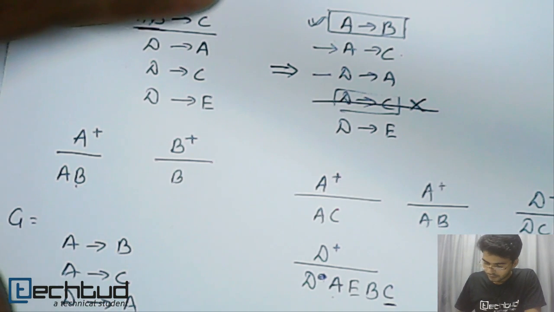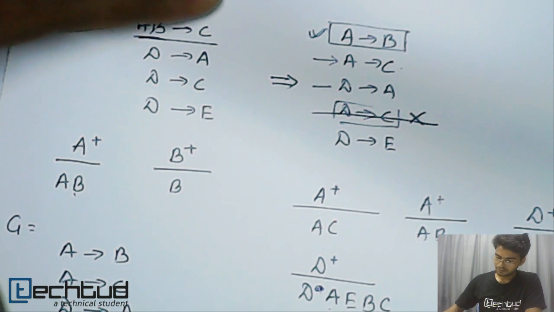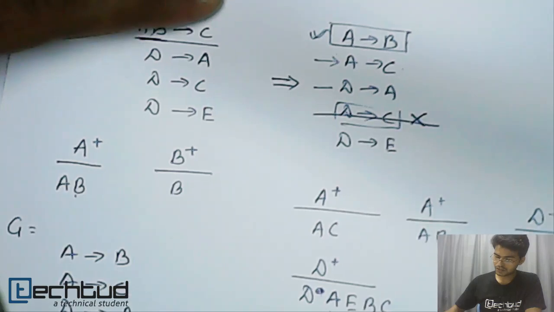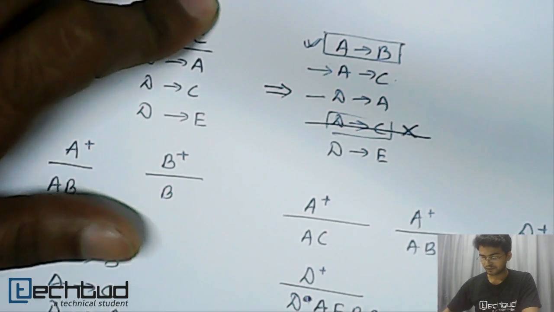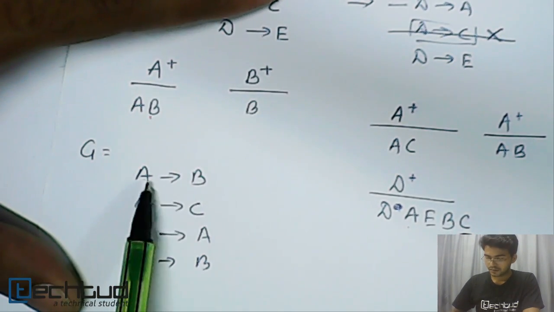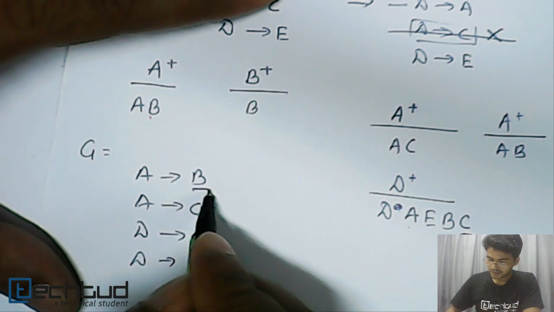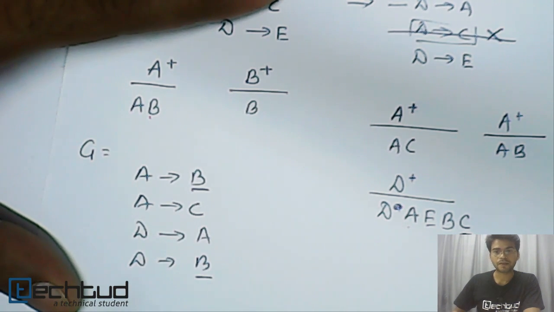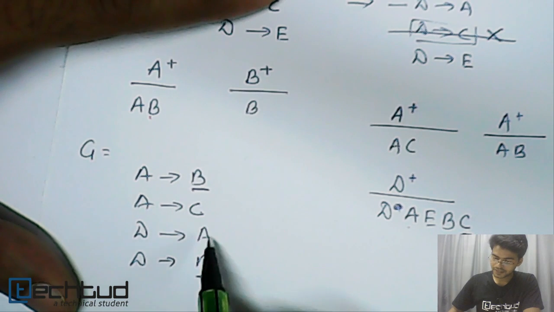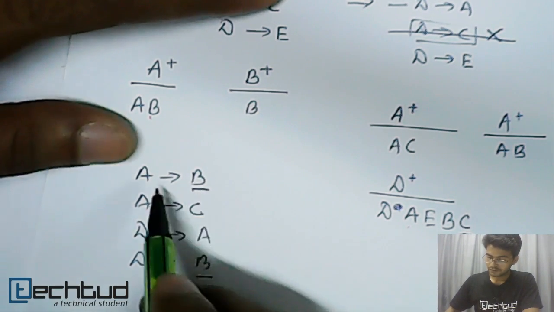If you check one by one, I'm sure that we cannot reduce, because if you see this A, B, C, these two are the only ones we need to check, that A determines B and D determines B. Oh, sorry. These two we have to check only, because this B is reoccurring, and C and A appear only once on the right hand side, so we need not go for a check.